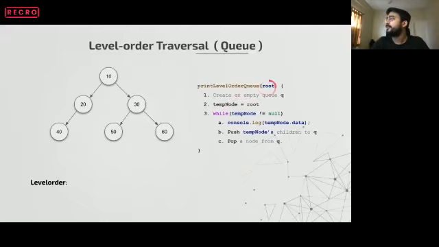So again, we start with the root. Okay, one thing I forgot to tell all of you. There's a concept called BFS and DFS, breadth first search and depth first search. Level order traversal is a kind of breadth first search, because we are traversing across the breadth. We are not going deep.